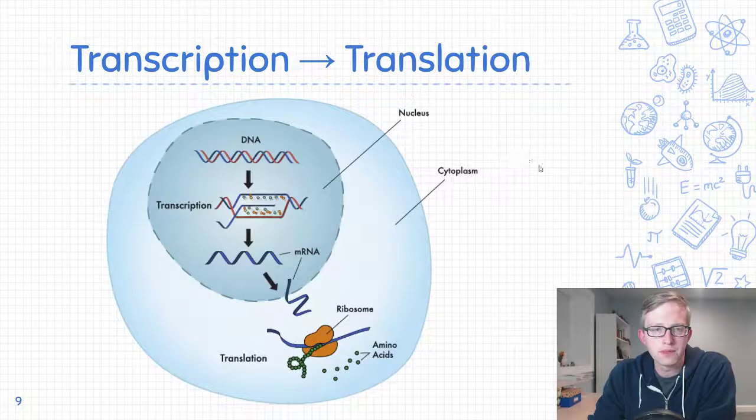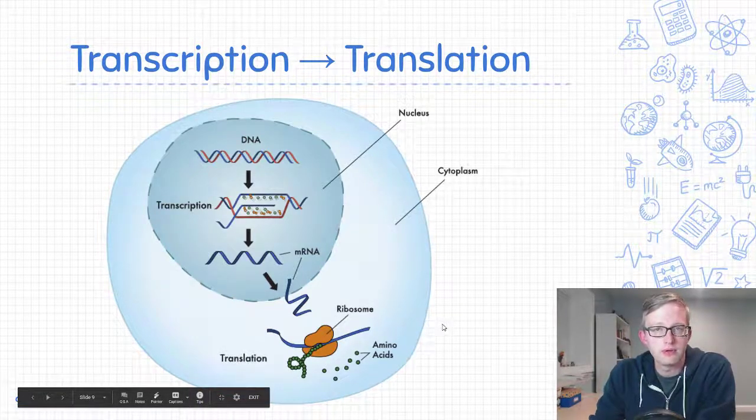Once that happens, so in this diagram you have a cell, and there's a nucleus here, it's the darker blue part. You have DNA, process of transcription, which makes RNA, and it's called mRNA here because it's a particular type of RNA that is called messenger RNA because it's going to deliver the message to the ribosome of what to build. Once that happens, that mRNA now can leave the nucleus. It's small enough, it's single-stranded, it can get out of the nucleus, and when it does that, it can get to the ribosome and provide the instructions to build the protein.